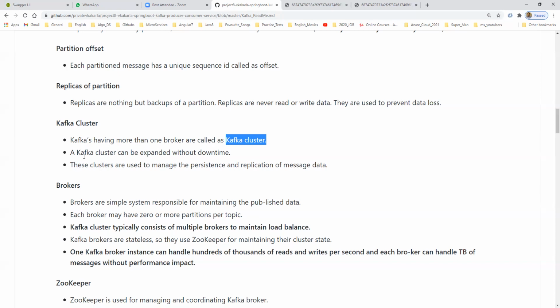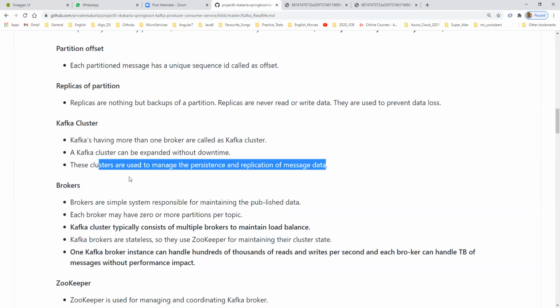So a Kafka cluster can be expanded without downtime. Already I told you, this is working in a fault tolerant way, which means it should not give any downtime. The clusters are used to manage the persistence and the replication of message data. Kafka itself will store the data and maintain the replication.